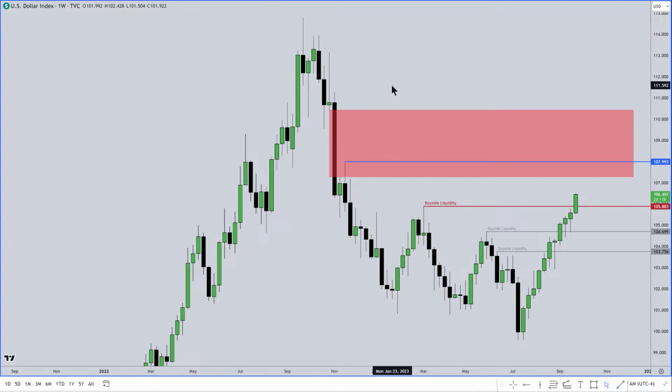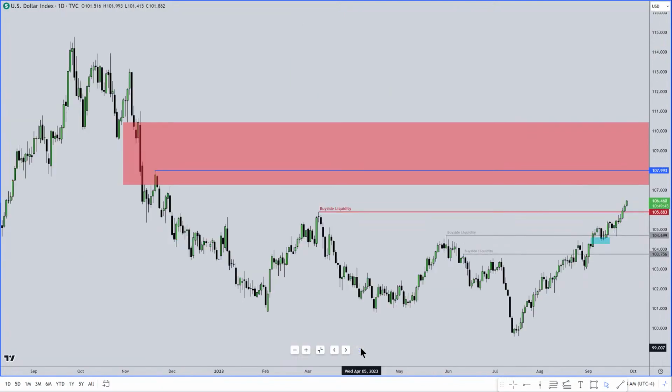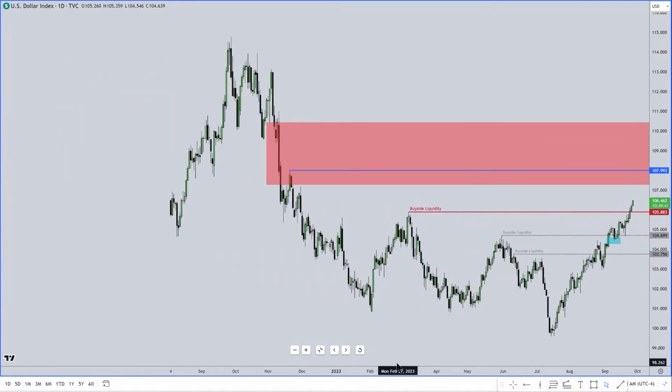But in the beginning, it should be something that you submit to as you only look for setups in these long-term directional draws on liquidity. That's the primary function of how I teach in the beginning. It takes a little bit of time to get warmed up to the idea because, especially if you're looking at lower time frame charts, and we'll drop down to the daily now, it's easy to get lulled into thinking that that might not be where price is going, or maybe you watch me do something, or some of my students,